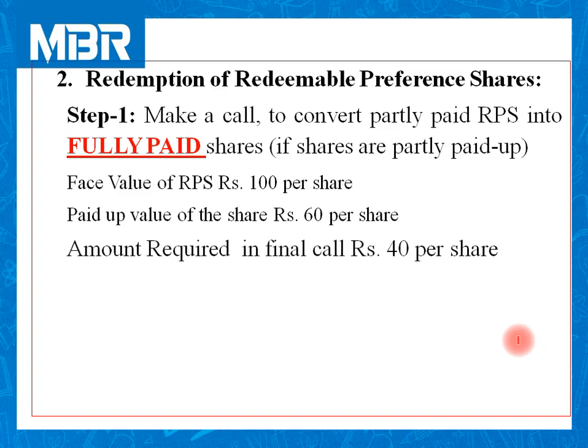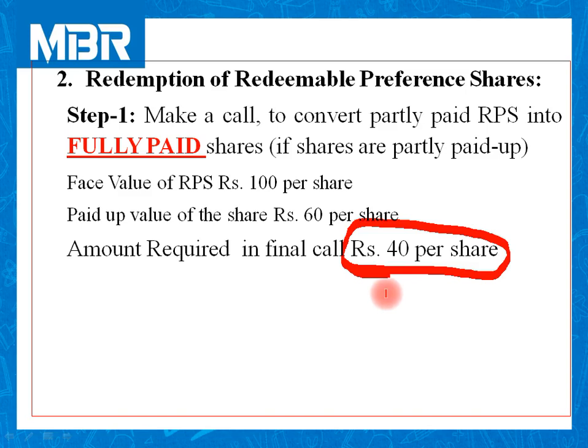Amount required in final call rupees 40 per share. Now from this calculation we are very much clear that we need to make a call of rupees 40 from our shareholder. But how many shares were issued by the company, that we don't know, because the number of shares is not